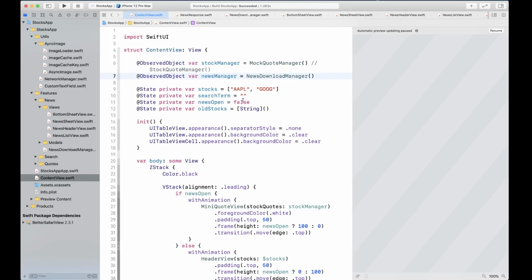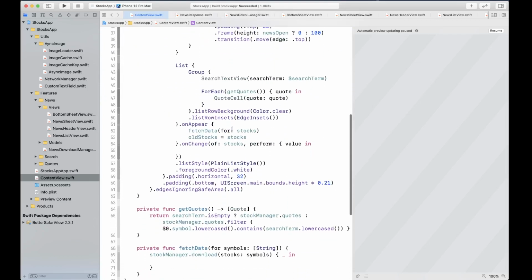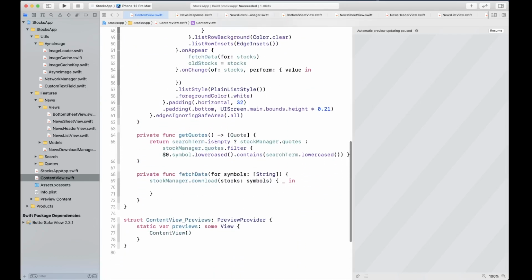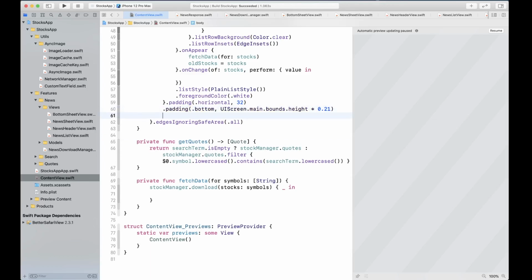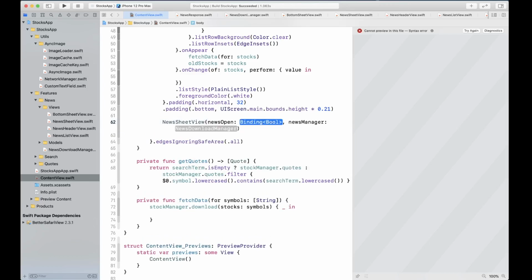All right, and we're gonna set this one to true for now. Okay, and then we're gonna come back, and down at the bottom where we have this bottom sheet, we're gonna insert news sheet view. For the news open, we're going to provide news open binding value, and for the news manager, we're going to provide the news manager that we have received.